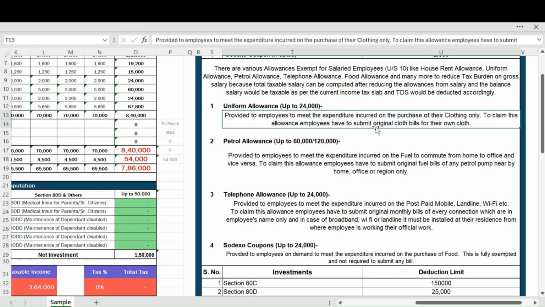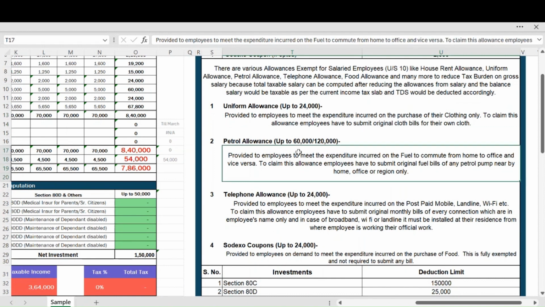Any bill, यूनिफॉर्म हो, पेट्रोल हो, यूनिफॉर्म में कई बार you can like you are purchasing anything from the mall and any shopping complex or from any store, तो कई बार वो नाम पूछ लेते हैं, कई बार मोबाइल नंबर पूछ लेते हैं, कई बार तो कुछ भी नहीं पूछते हैं, बिल जनरेट कर देते हैं। So if there is nothing mentioned तो वो चल जाएंगे। If your name is X and you are submitting any bill and where it is mentioned as a name Y, it means ये आपका है नहीं, वो चलेगा नहीं।